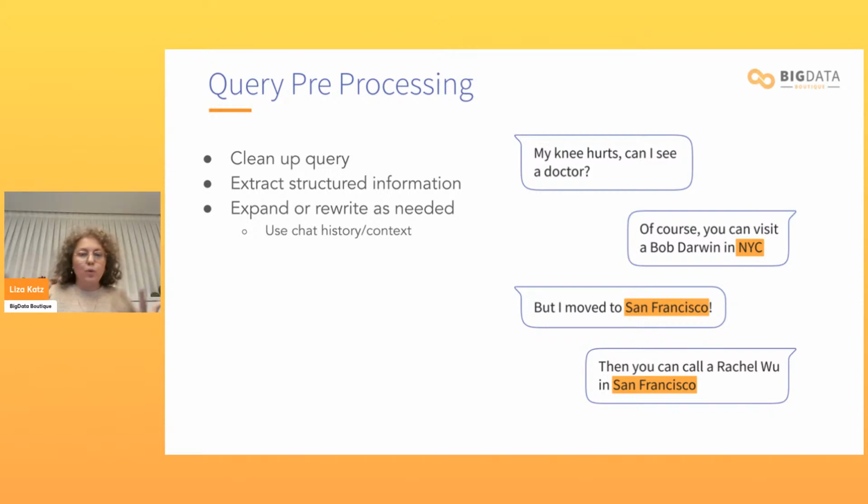Then we're going to use our querying logic, which we'll cover in a bit. And we're going to fetch doctors for knee problems. But we also need to know where those doctors are, right? So we actually have the user's profile. We're still in the retrieval step. So we can retrieve the user's profile from our database and see, okay, this user lives in New York. He provided the address when he signed up. So we can use this address to offer him doctors.